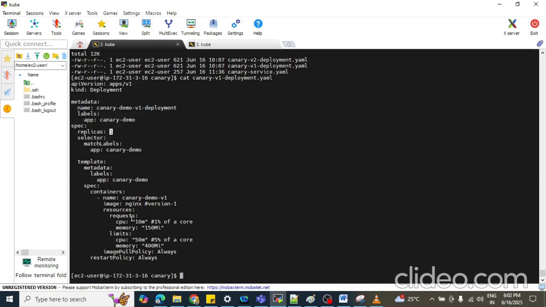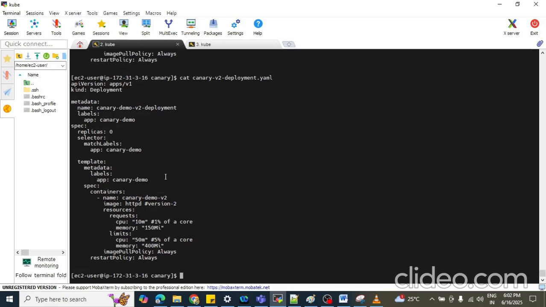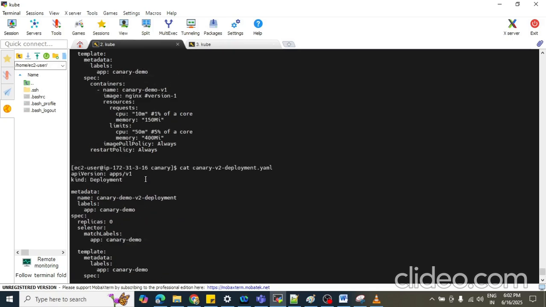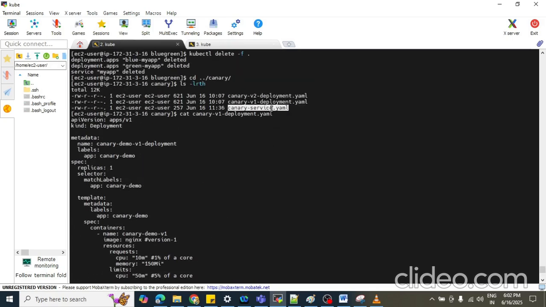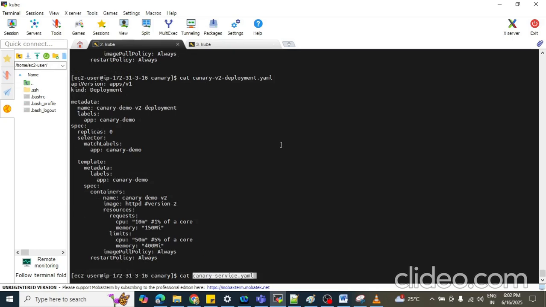And if you open version 2, what we can see is we are running 0 replicas. And let's open the third one, that is your service.